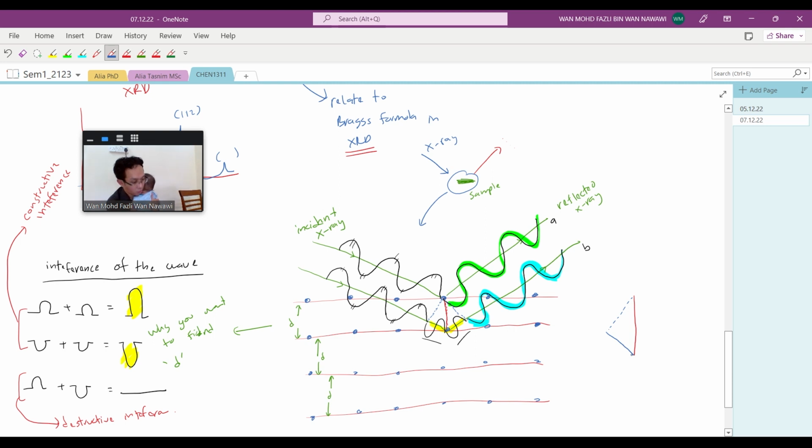Okay, so if you look here, I take whatever is here and put it outside. When you shine the X-ray, you shine at a certain angle, for example this angle. Let's say this angle is theta. I'll use a different color, red. So this is theta, because when you shine the X-ray, you shine in at an angle. So this theta, using geometry,